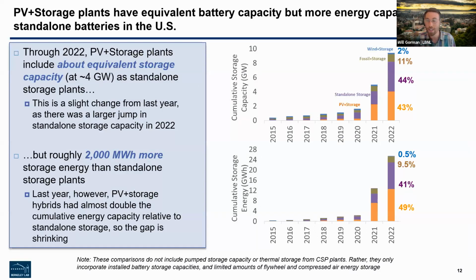So let's dive in a little bit deeper to that comparison between standalone storage capacity and hybrid storage capacity. On these two charts, I'm showing the cumulative storage capacity in gigawatts on the top, and on the bottom, the cumulative storage energy in gigawatt hours. Through 2022, we found that PV plus storage plants include about equivalent amounts of storage capacity, roughly 4 gigawatts,